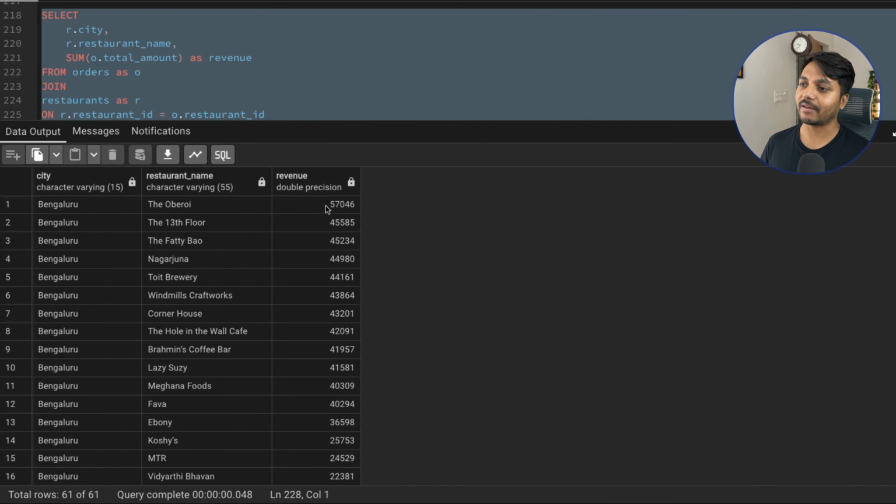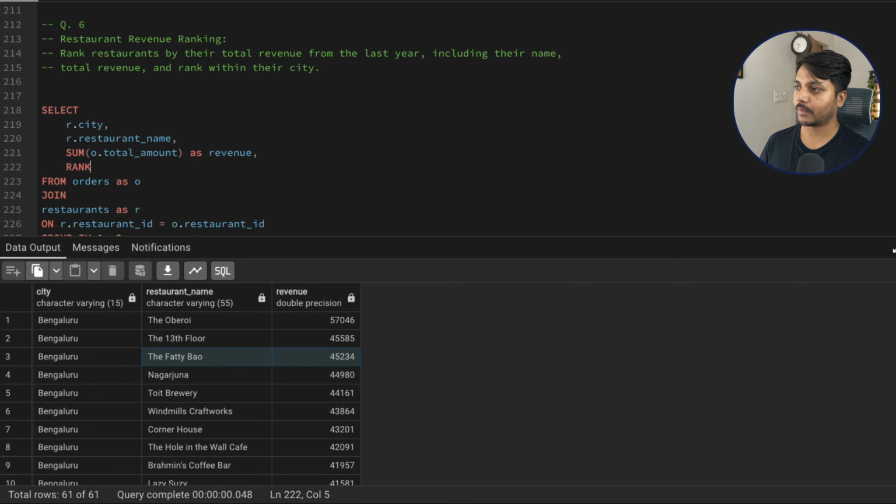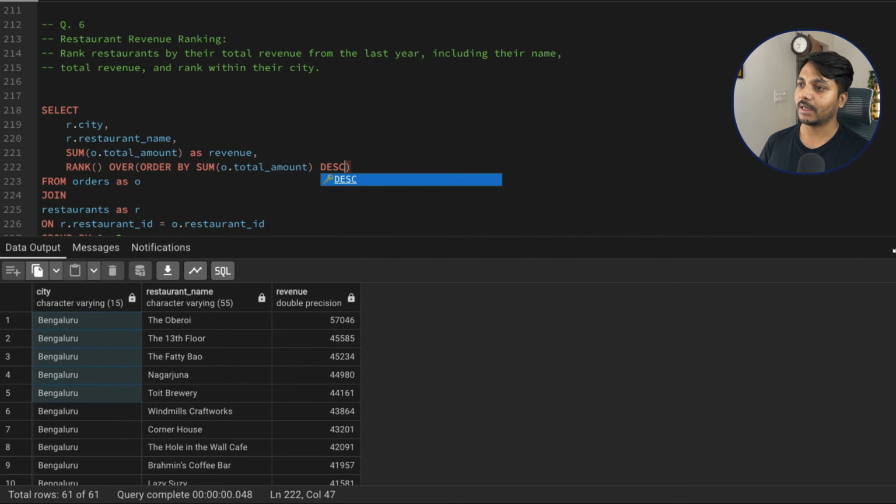Now we can simply use a rank function here, and we can say that inside each city, the restaurant that has the highest revenue will get rank 1, then the second highest will get rank 2, and the third highest will get rank 3. So I am just going to say rank. Now rank goes with over. Here we will need to do a partition because we want a different ranking for each city. If I don't do a partition and just say order by revenue descending, I cannot use the alias, and if I say ranking as rank,